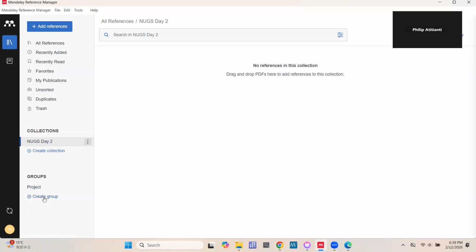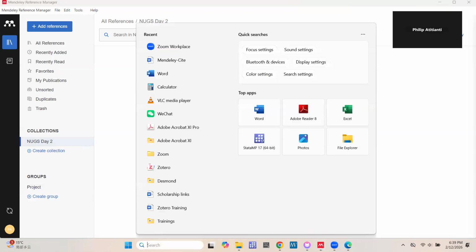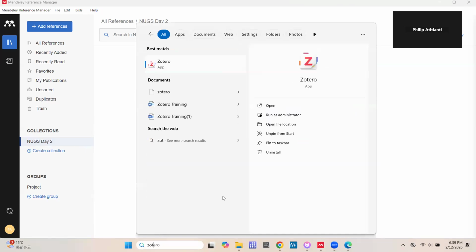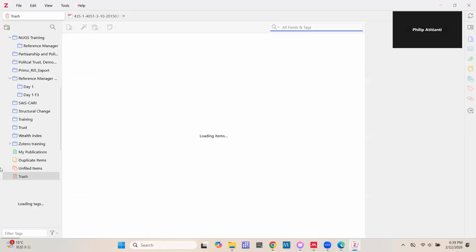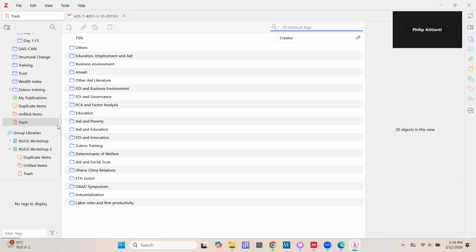If you're talking about groups, this group here is similar to group libraries for Zotero. Now, don't confuse the two. You realize that when we were working with Zotero, the group you are seeing in Mendeley is group libraries for Zotero.